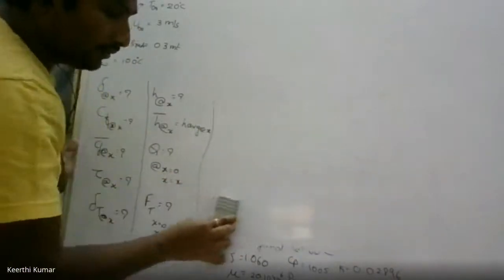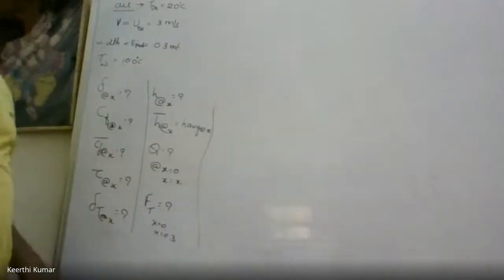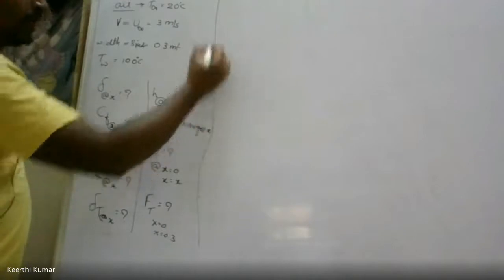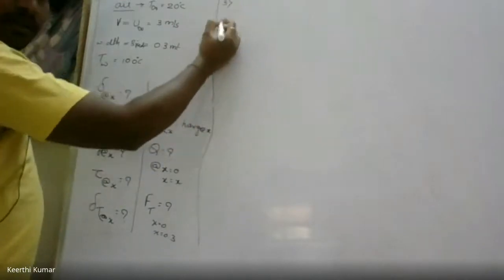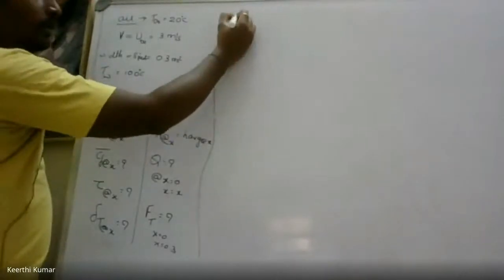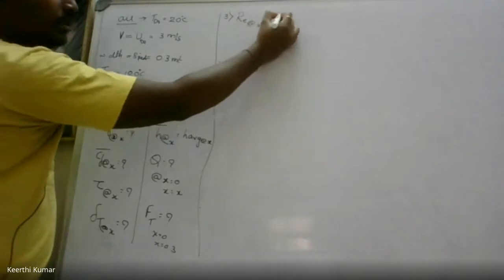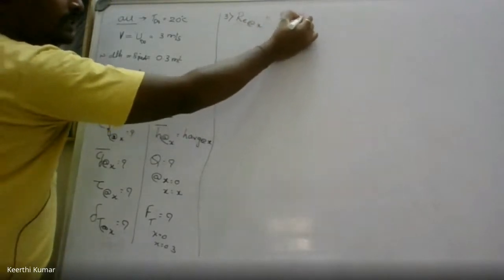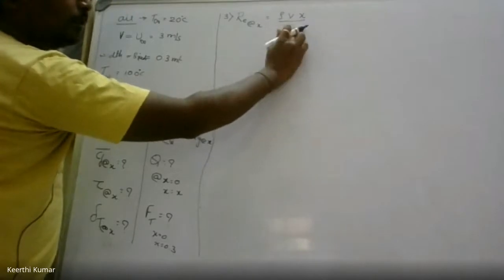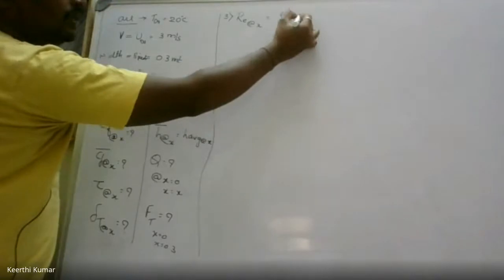So we got TF. Second step, the properties, is done. Then what is the thing we're supposed to do? Third step, finding the value of Reynolds number. Reynolds number at x, Re at x, is equal to rho V x divided by mu. Mu is a property of air, rho is also a property of air, and velocity. Only here we have to include x.